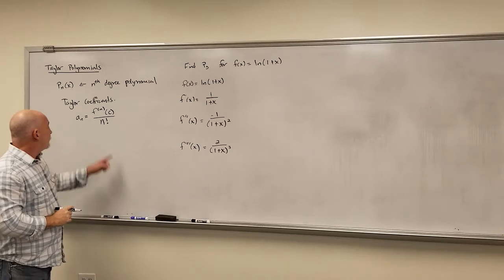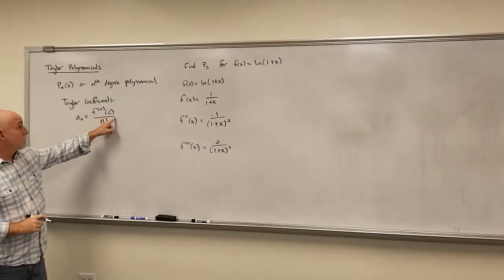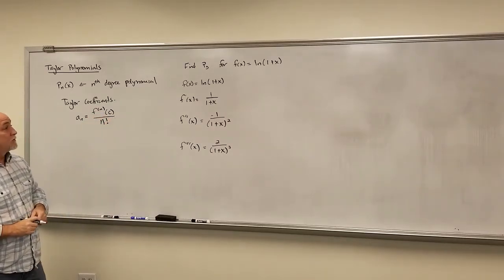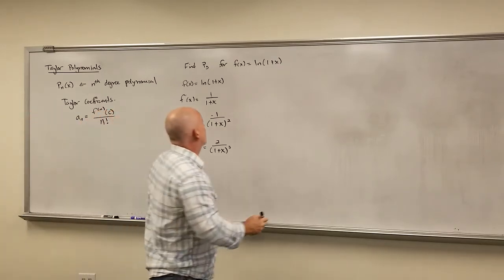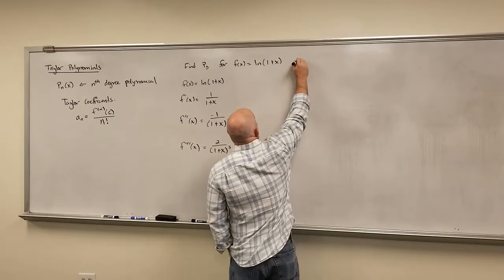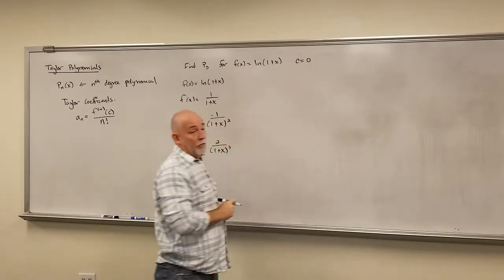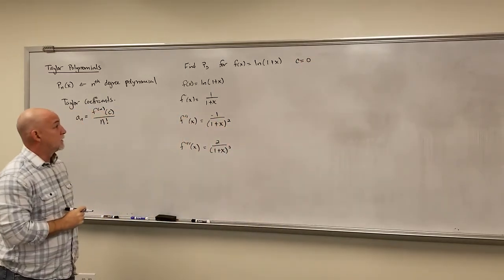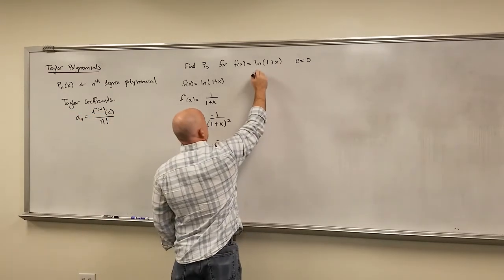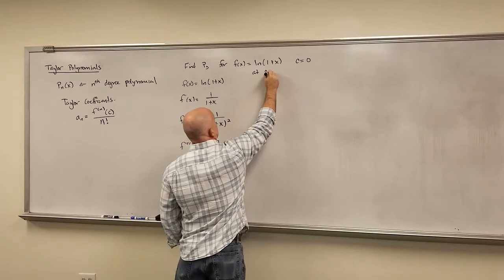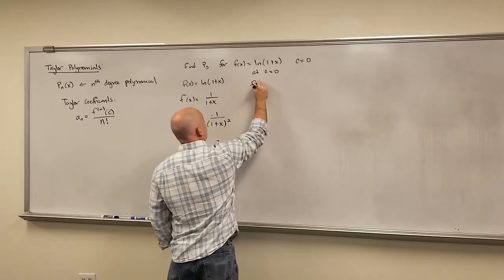Okay, now we also know that we need to evaluate every one of those derivatives at the center. Now notice in this case, I didn't give us a center. So let's say here that C equals 0. Let's do a Maclaurin polynomial for our first one. Let's make it a little bit easy. So at C equals 0, f of x would be